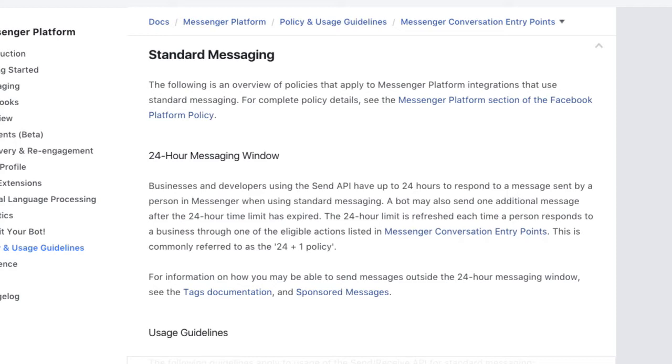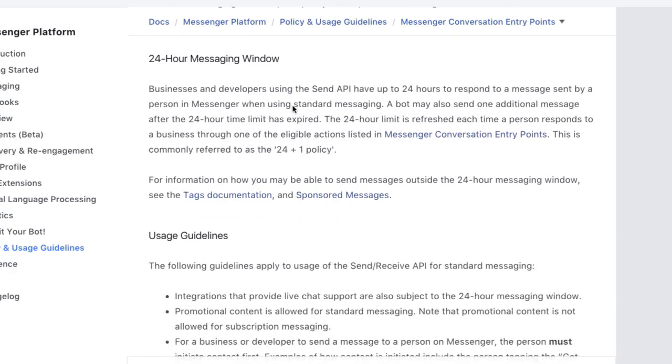Now, SegMate does take into consideration some controls around what you're sending. We do monitor what types of messages are being sent and how you are using those messages so that we can be sure that we're also compliant with Facebook, okay? So let's get started. There's two different types of messages that are allowed to be sent in Facebook Messenger. One is called standard messaging, and the other is called subscription messaging. Okay, so let's start with standard messaging and just kind of review here what Facebook tells us.